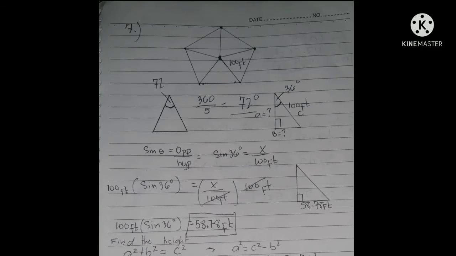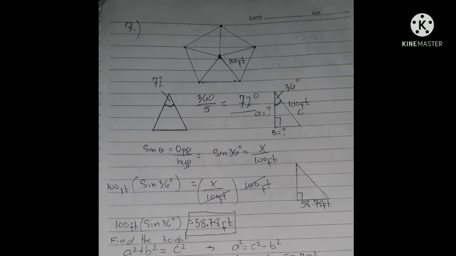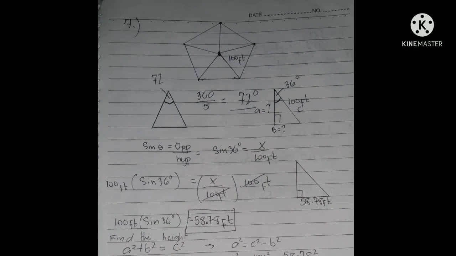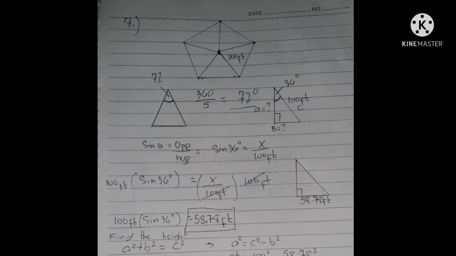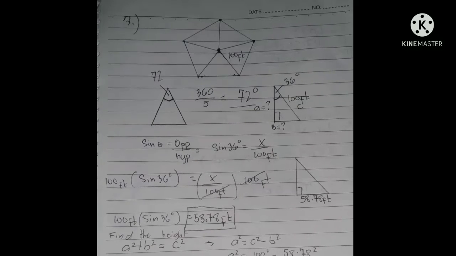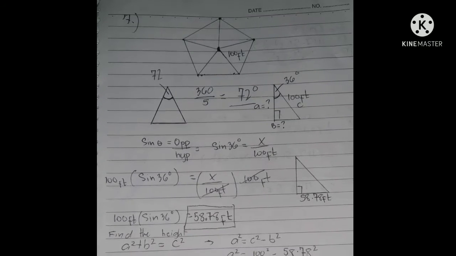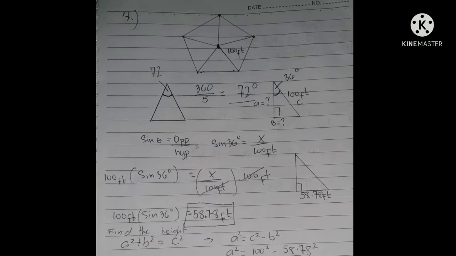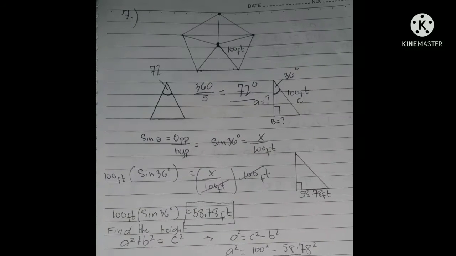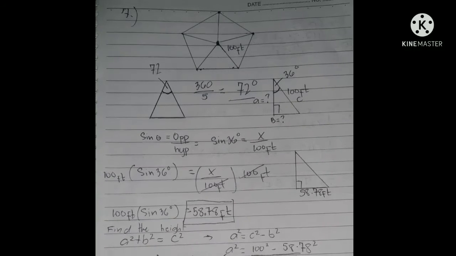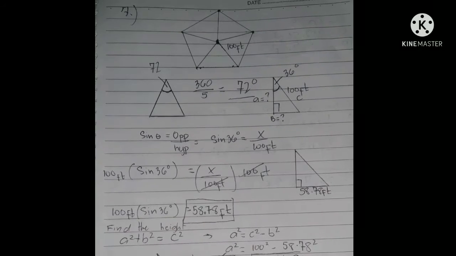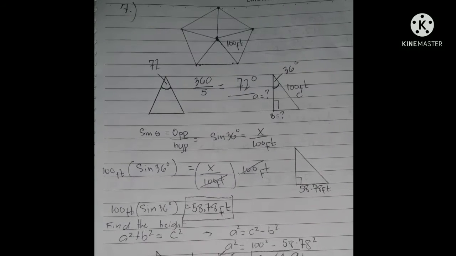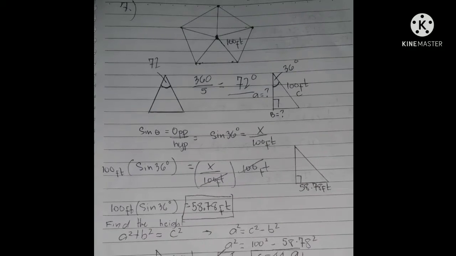So a circle has 360 degrees. So to get the angle of one triangle, we divide 360 degrees by 5. So 360 divided by 5 equals 72 degrees. Then to solve our area, we need to cut our triangle in half to have a right triangle. So we need to divide our angle, which is 72 degrees, by 2. So 72 divided by 2 equals 36. So our right triangle has 36 degrees, and our hypotenuse will be the 100 feet since this is the